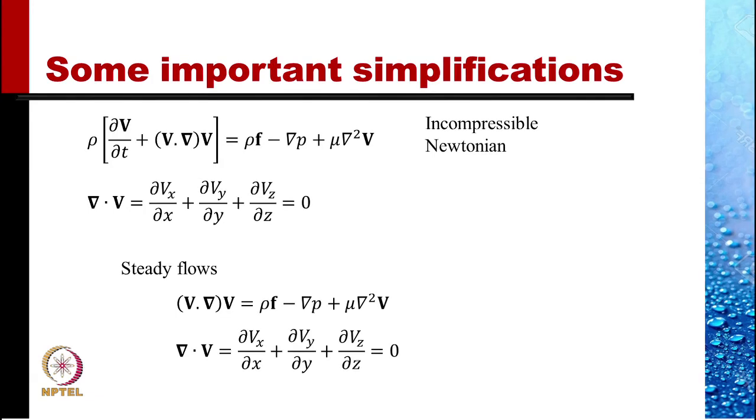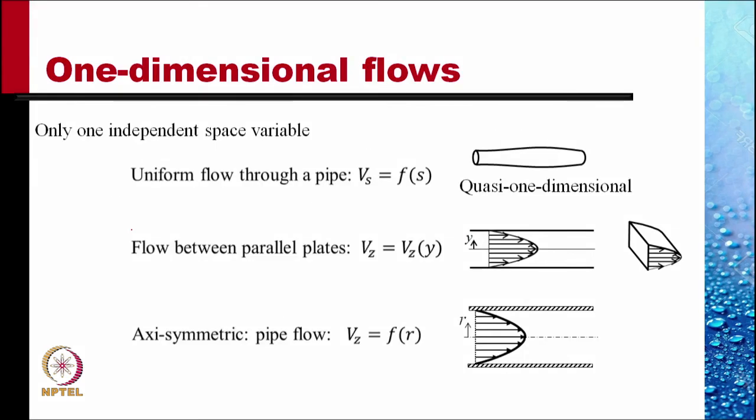First simplification is simply steady flow. The first term in the Navier-Stokes equation drops out, and we get the system with one less independent variable. Then simplification because of dimensionality of flows. If only one independent space variable, for example, we have flow through a channel,